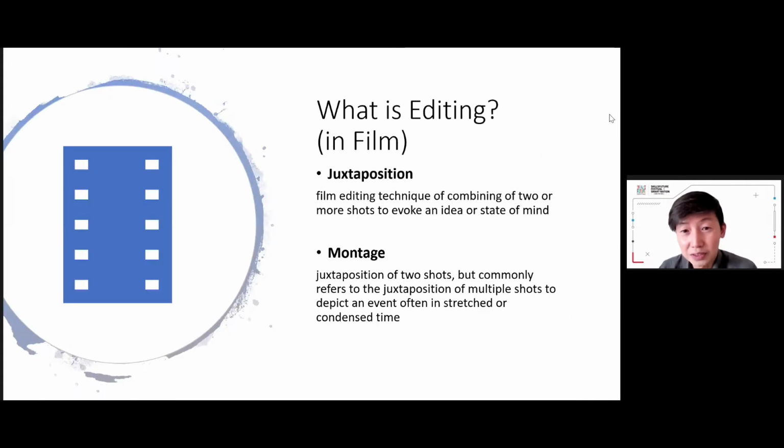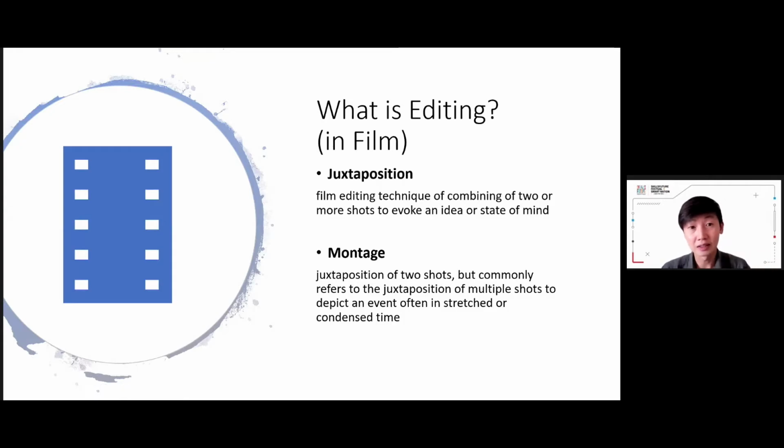So what is video editing? There's two things that you need to take note of for beginners, which is juxtaposition and montage. So what is juxtaposition? It is a film editing technique of combining two or more shots to evoke an idea